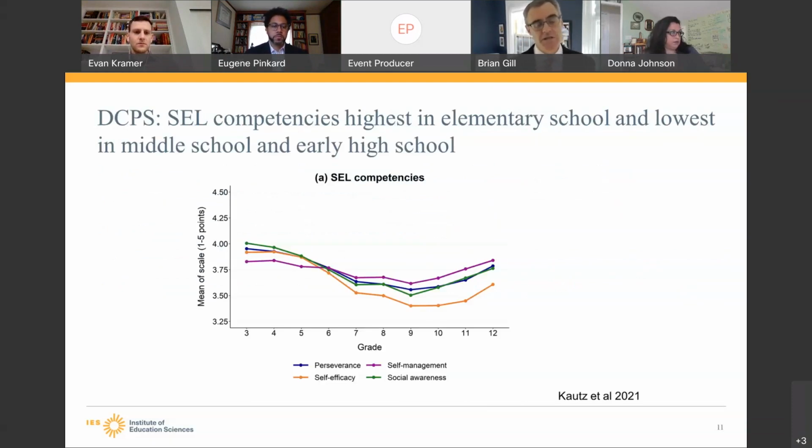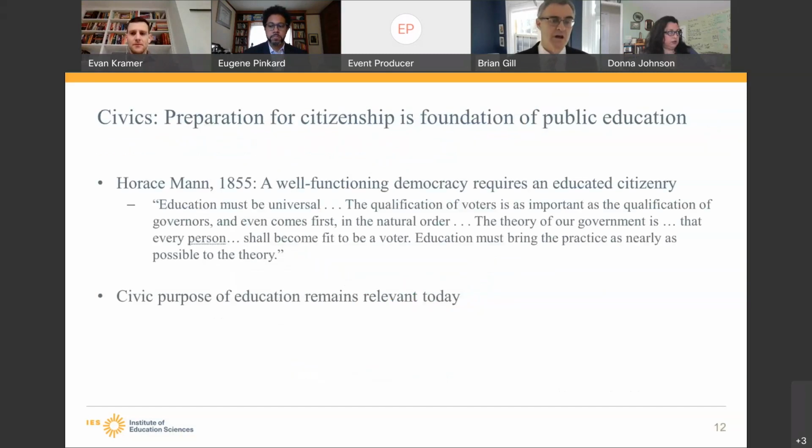This is data from the DC Public Schools showing how 4 different indices of social emotional competencies change across grade levels systematically. And as you can see here, they demonstrate something that I think lots of students, parents, and teachers already know, which is that for many kids, 9th grade sucks. And the implication here is, if we're thinking about this as understanding school performance as one measure of understanding what student needs are, that it probably is a good idea to make comparisons at the same grade levels, because there are some developmental issues probably in kids that affect these overall.